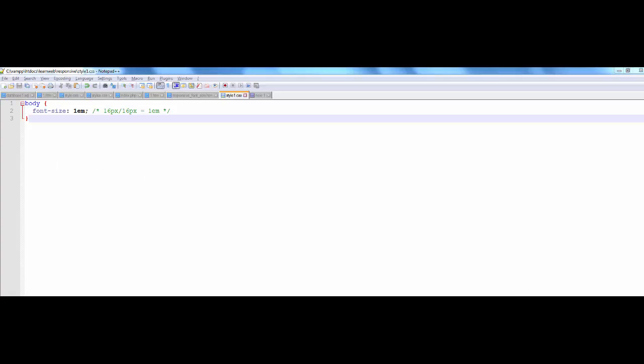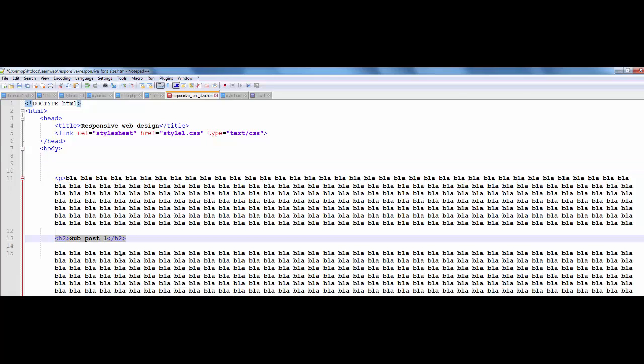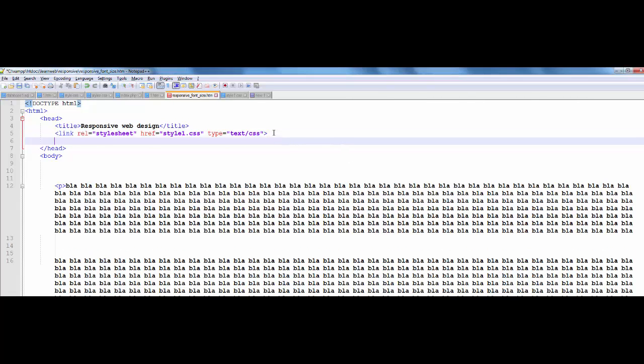It is the viewport. The meta tag for viewport starts with angle bracket meta, first argument name equal viewport, second argument content equal